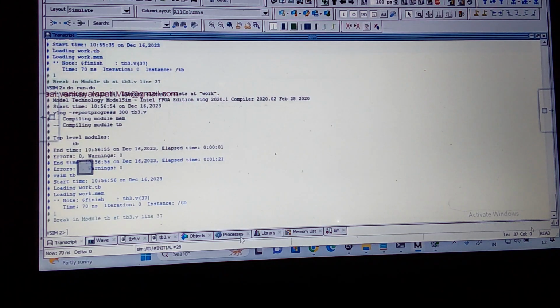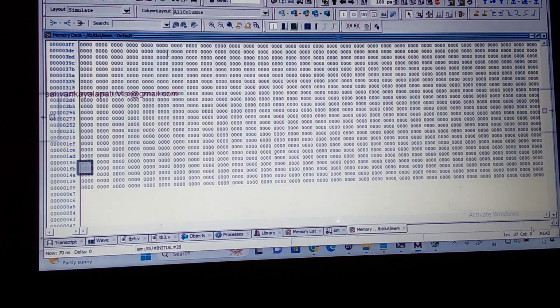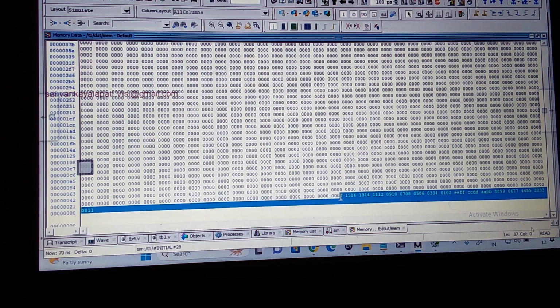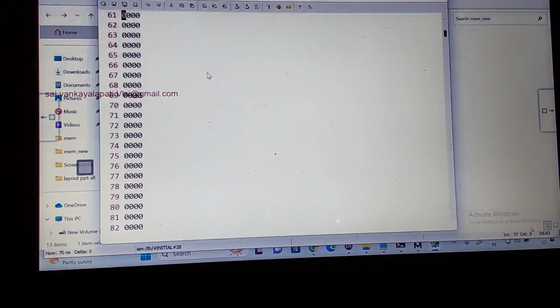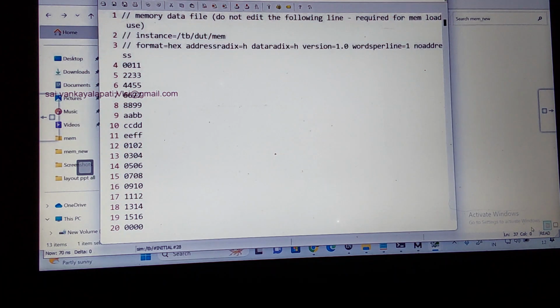Now let us check the memory list. Now this depth is what? 1024. Width is what? 16. Now this is the data in my write.exe file. Only this much I will type in my memory write.exe file. By default the remaining will take what? Zeros. You can understand? Now let us take this read.exe file. Now this is a read.exe file, up to so on, 1024. The Excel 800, that's why I'm getting 1027. You can understand this? How to do backdoor read and backdoor write.